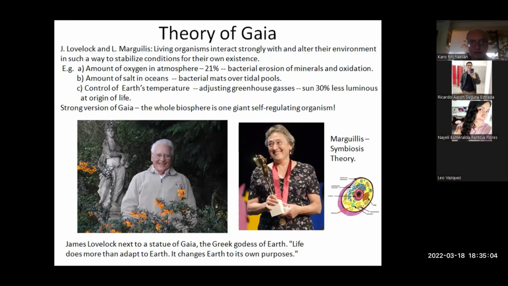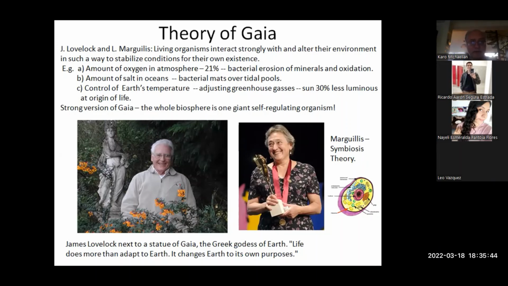And another famous person was Lynn Margulis, who also worked a lot on this theory of Gaia with James Lovelock. Lynn Margulis was the first wife of Carl Sagan, the famous physicist and publicist of science. Very, very beautiful books and videos, if you ever have a chance to watch Carl Sagan's videos. They're very interesting. He's a very good speaker and very good educator.